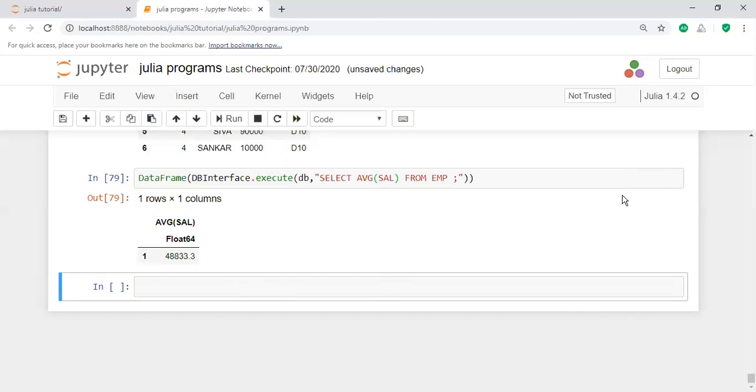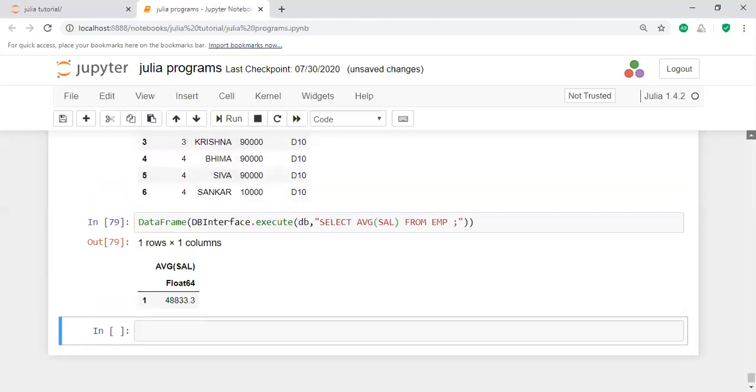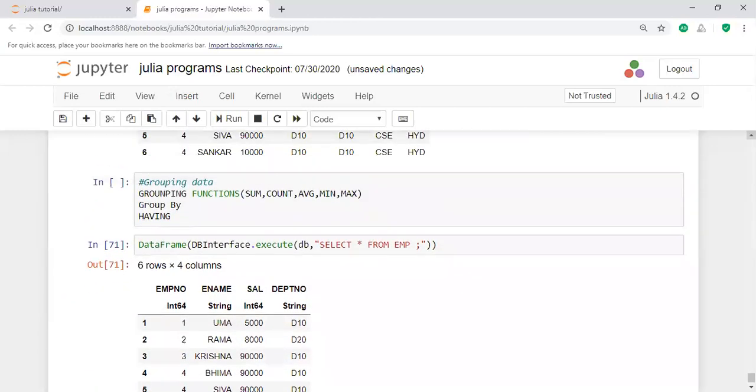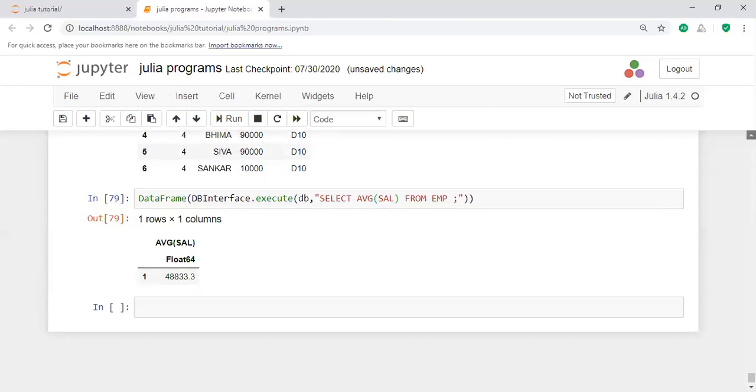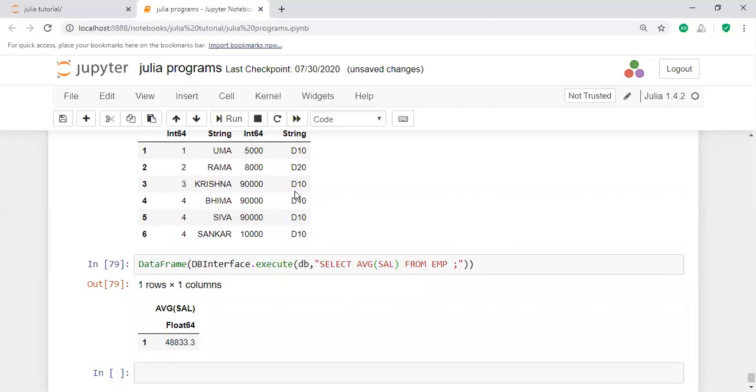One more thing here is grouping functions. The next important one is the group by clause. What is the group by clause, and how can you apply it? For example, you have a group, say department. I want to group by department 10 and department 20 only. Two groups are there. I want to divide the data into department number 10 and department number 20.